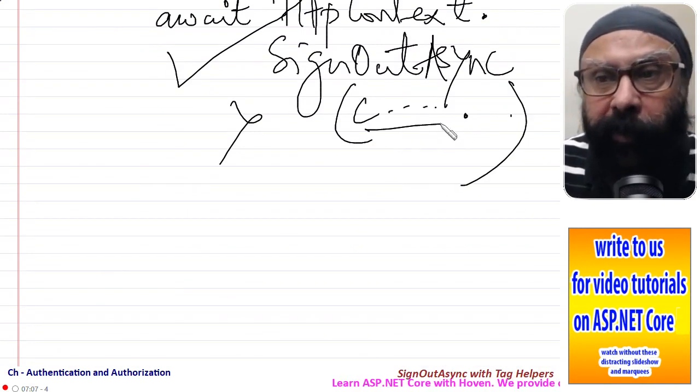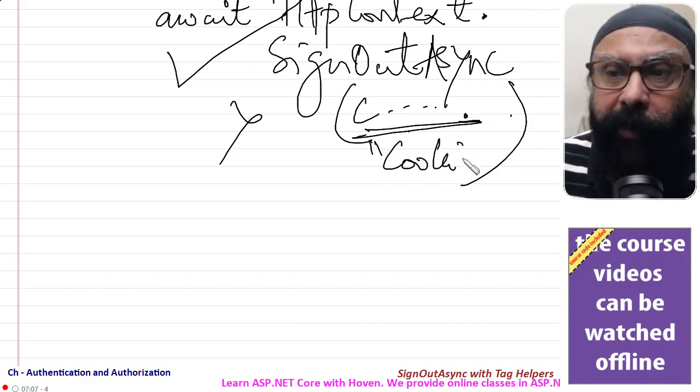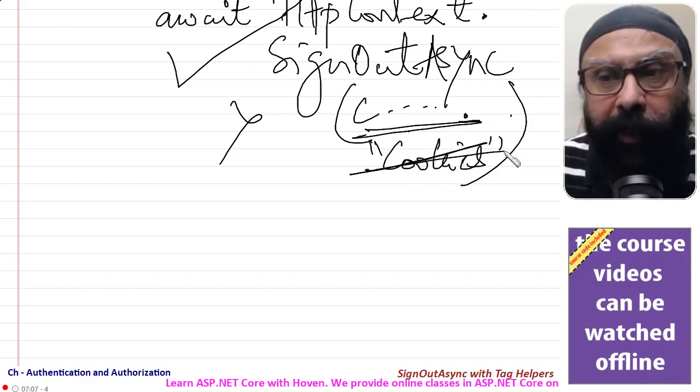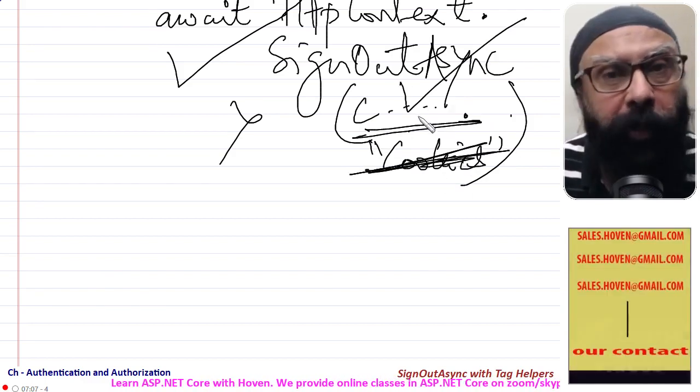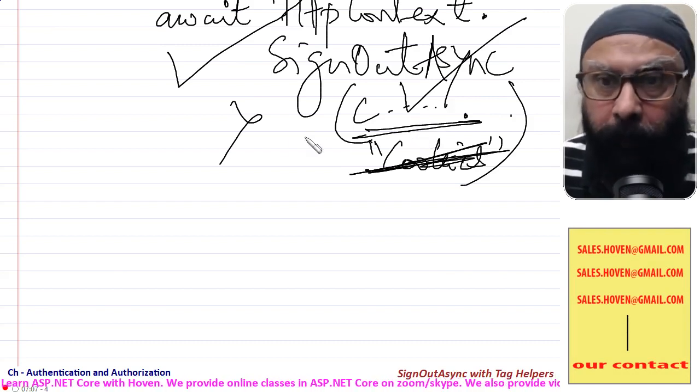So it just needs the name of that scheme. This is a hard coded string and it is actually cookies, but don't write cookies, use the hard coded name, as you can see in the code that I'm going to show in a moment.